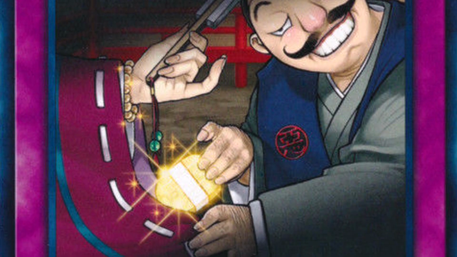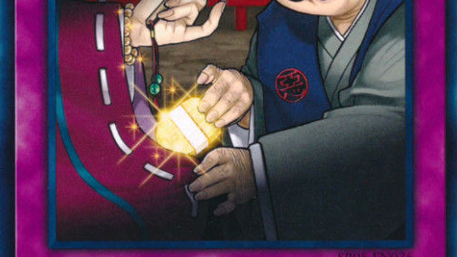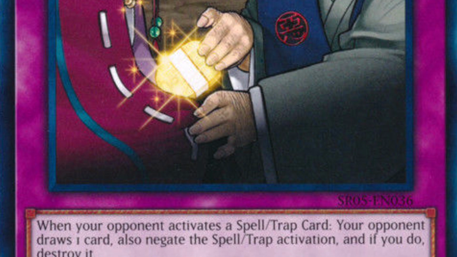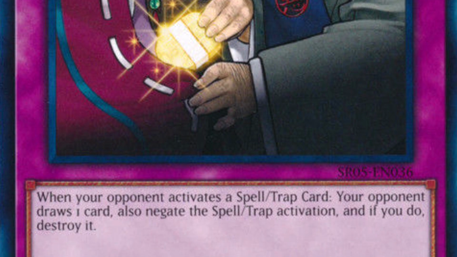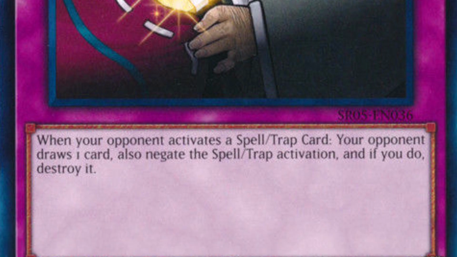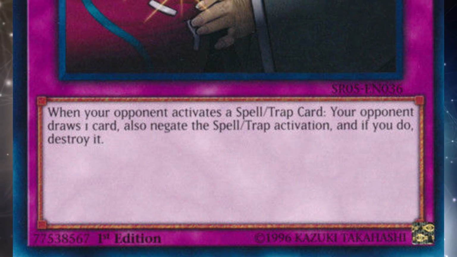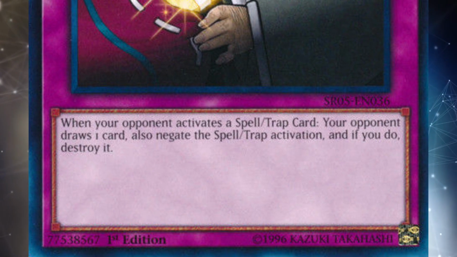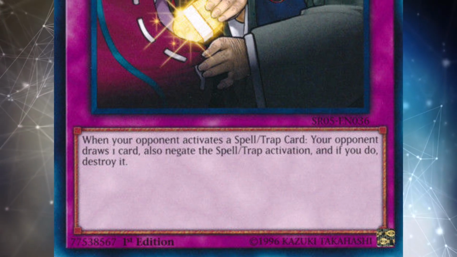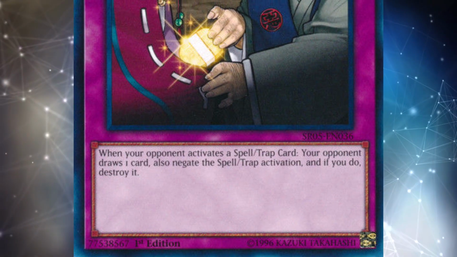Now, on paper, this might seem like a pretty good counter to Lightning Storm, and it certainly is. It negates a spell or trap card, but it does give your opponent one free draw. I will say that even though this does negate the Lightning Storm, it is a little risky. It's a little risky because there are a lot of other forms of back row removal out there, not just Lightning Storm. The Evenly Matched, the Twin Twisters, the one copy of Red Reboot, even things beyond that like Denko Sekka, which I don't believe any of these cards work against except Judgment, but still, there are a lot of cards that are out there to blow up all of your back row